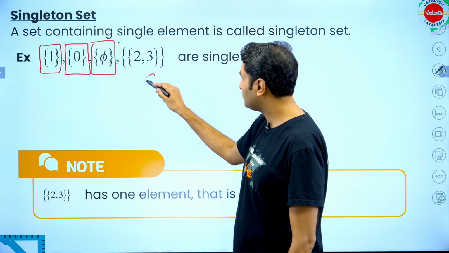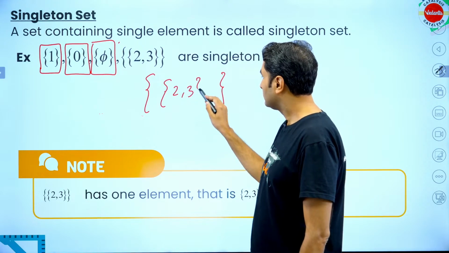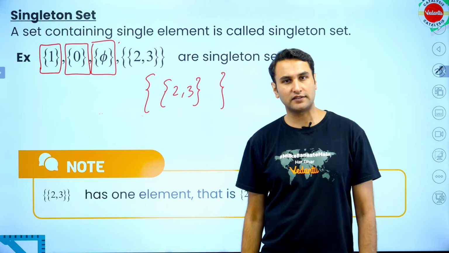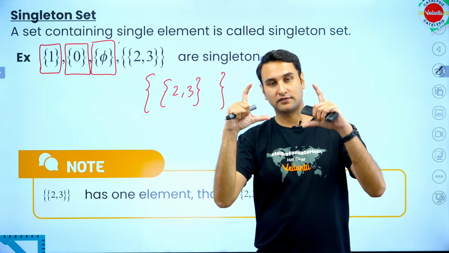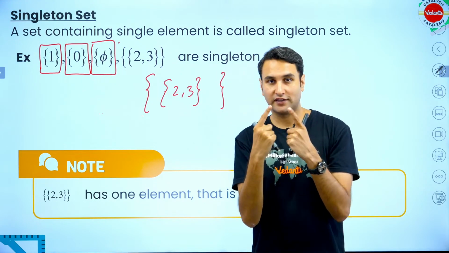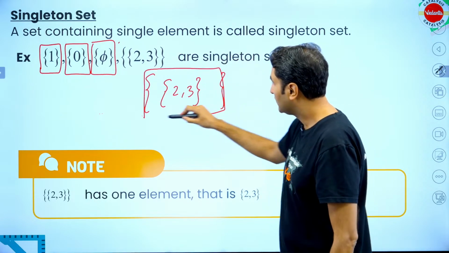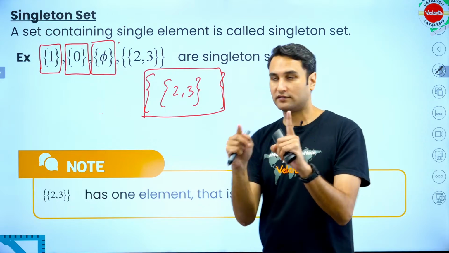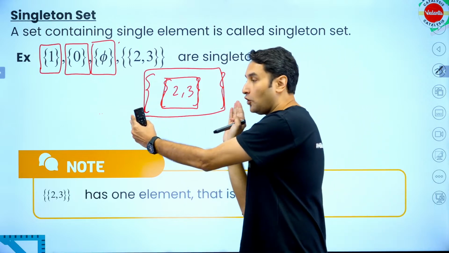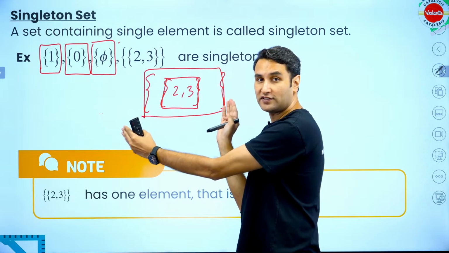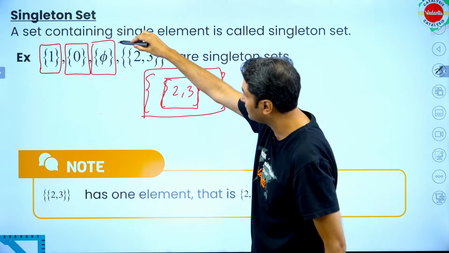Look at this very carefully. Inside this, is this a singleton set? Yes, it is. See, once you put something in the curly bracket, it becomes one box, it becomes one entity, right? So what is there inside this bigger box? Imagine this is the bigger box. Inside this bigger box, there is one box. I don't care what is there inside that box. But how many boxes are there inside this bigger box? One, right? So this is also a